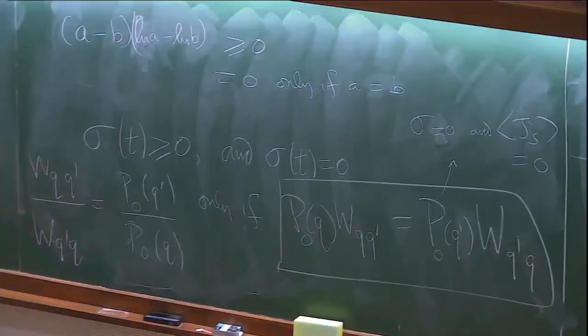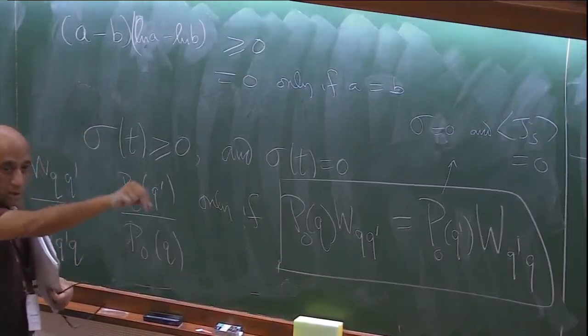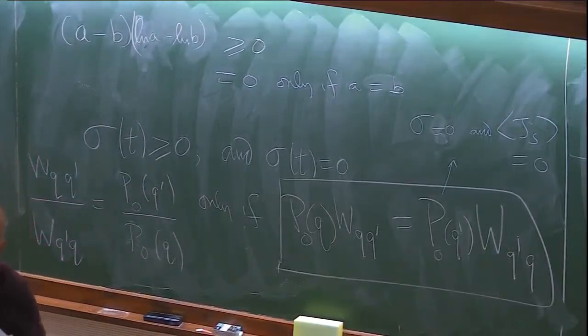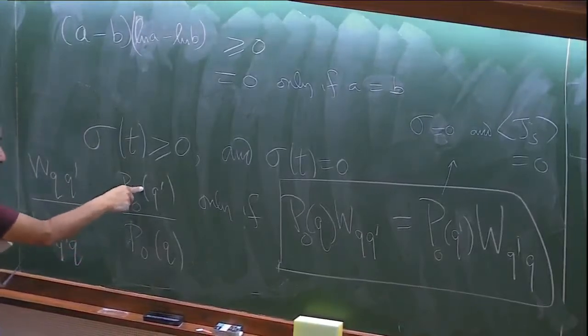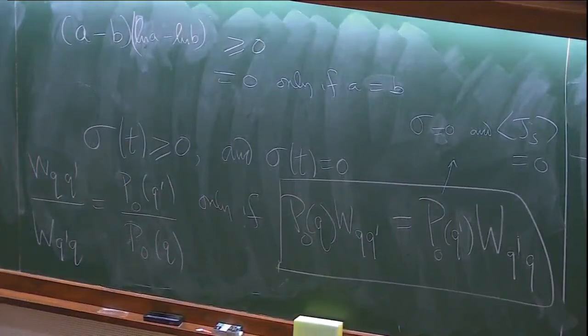So you can see already that in writing it this way, you're saying somehow that the ratio of the two transition probabilities, the transition probabilities per unit time, is the ratio of some quantity that depends only on the final point. There exists some function such that this ratio is the ratio of that function evaluated at Q prime to that function evaluated at Q. Or to put it another way, the log